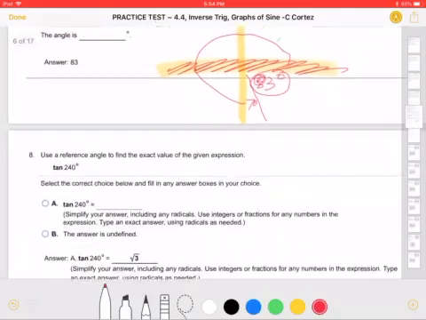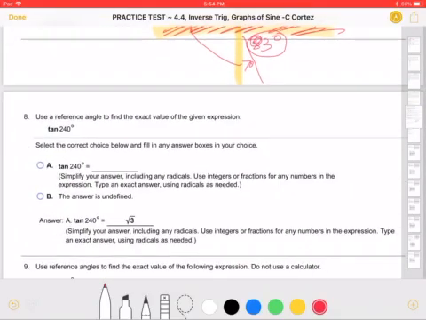Let's keep that in mind. If we're using a reference angle to find tangent of 240, this is definitely going to be using your knowledge of special right triangles. So 240 would be approximately here with a 30 degree difference here and a 60 degree difference here. Recall that for 30,